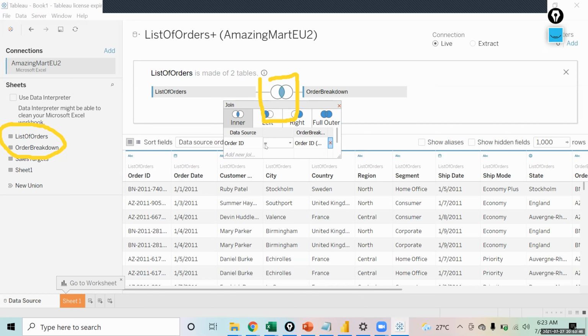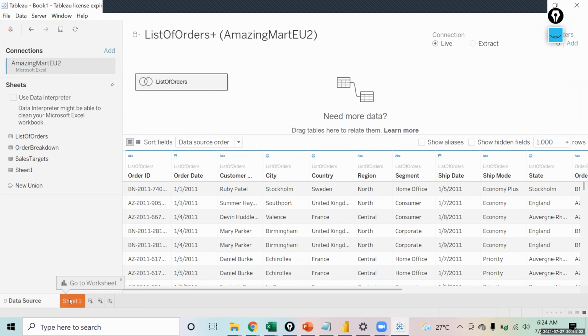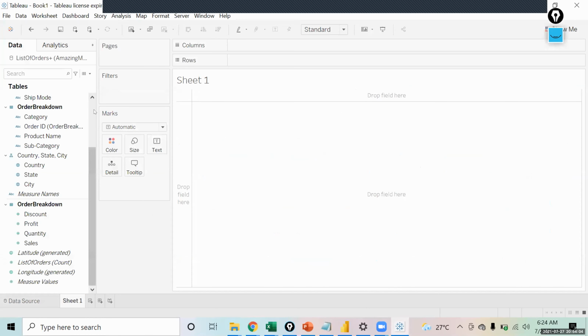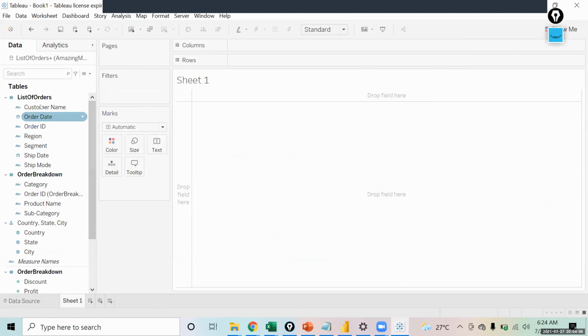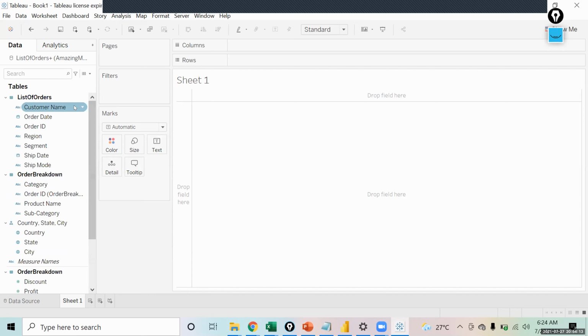Now if you close this and come to Sheet 1, you will see that all the data fields are given to you. These are the fields coming from list of orders.